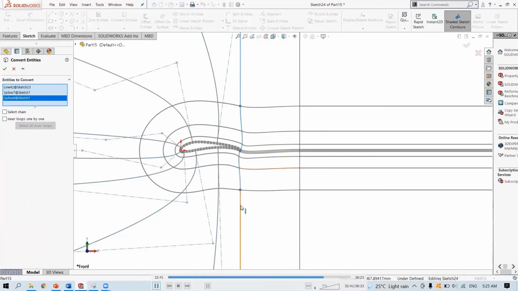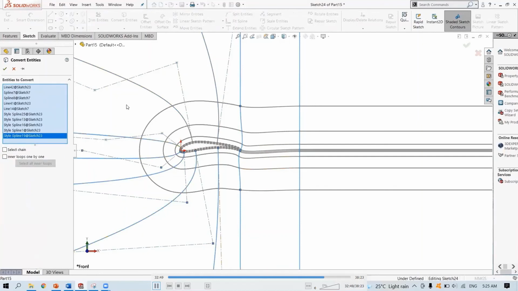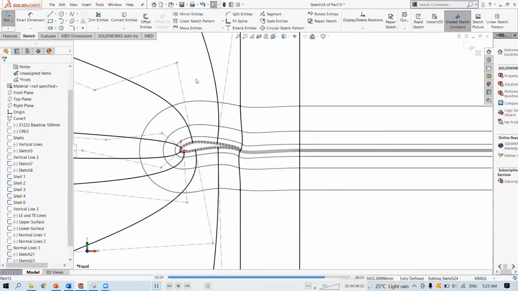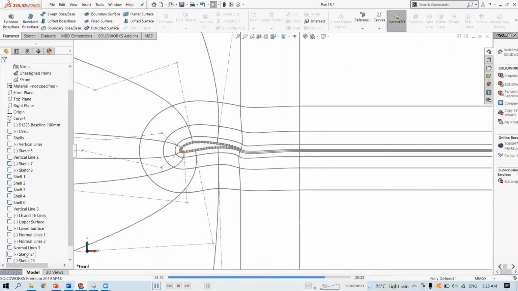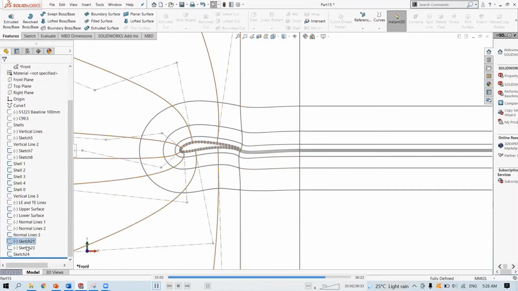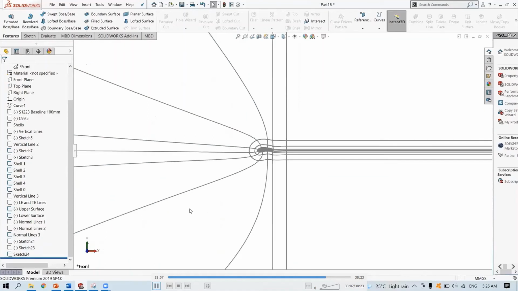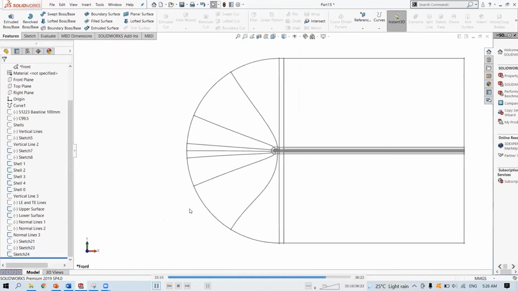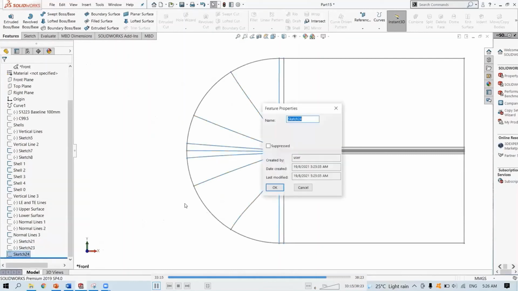Now I can just convert entities for the guide curves. Okay. Then we can hide the main sketch for the guide curves. Okay, now it looks better. Guide curves.